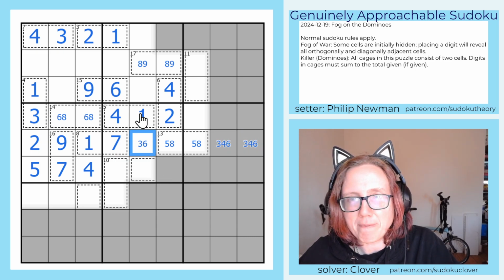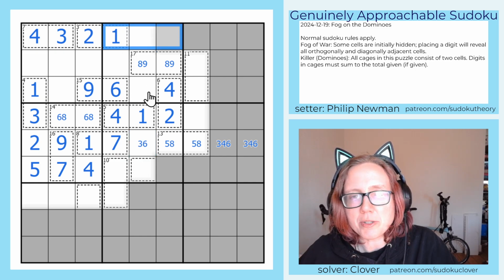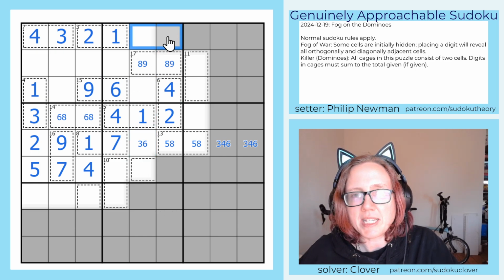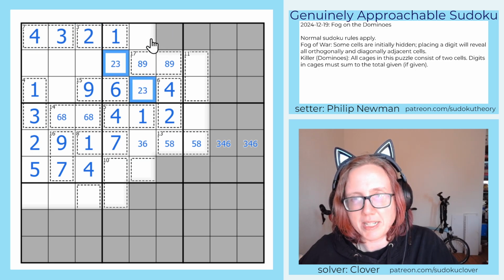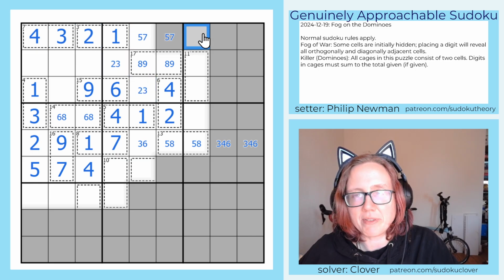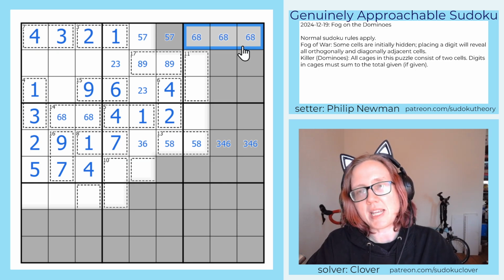That can't be a 4. Okay. Here we need to place a 2 and 3 in this region. They can't go in these 2 cells because of the 2 and 3 right there, so there'll be a pair there, and then these now have to be 5 and 7, making these cells 6, 8, and 9, and then